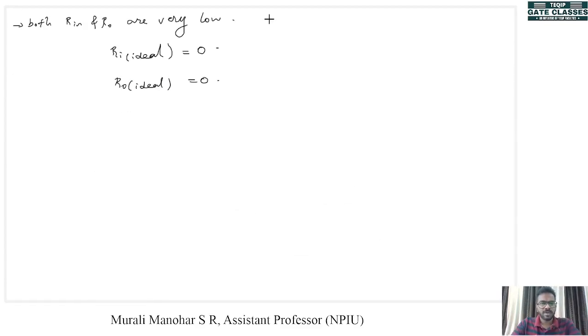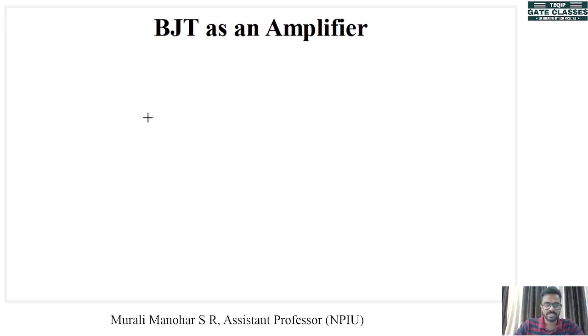Okay. So now you have an idea what are the different types of amplifiers. So we can now check how BJT acts as an amplifier. Okay. So for this we will select the common emitter configuration with fixed bias. So this is the circuit. Here we have RC. Here there is VCC. Emitter is connected to the ground.